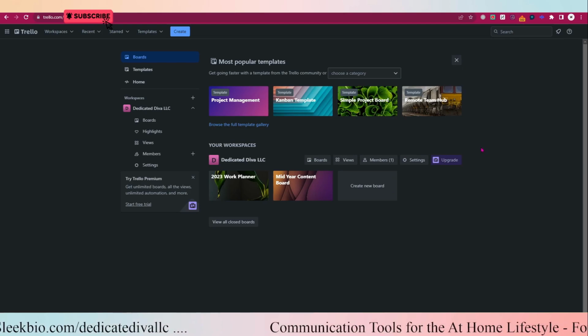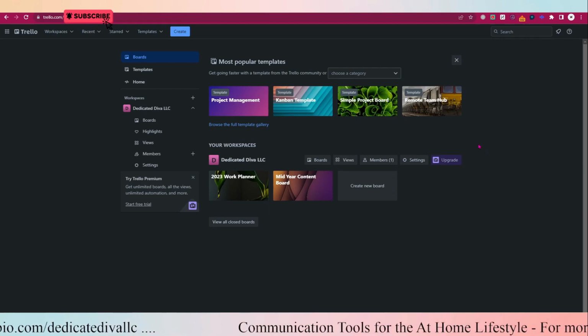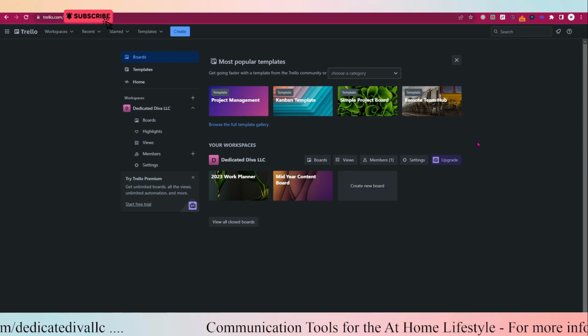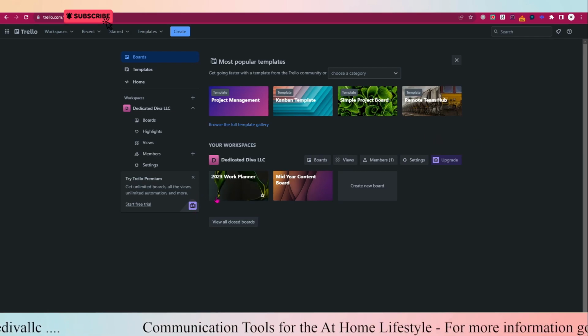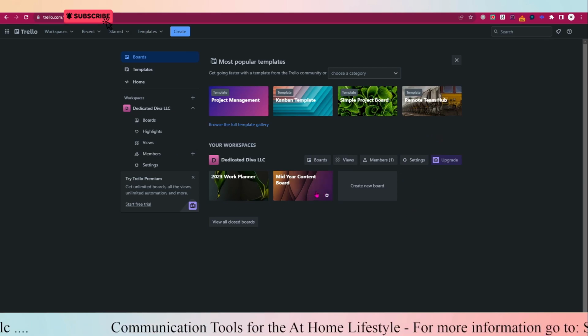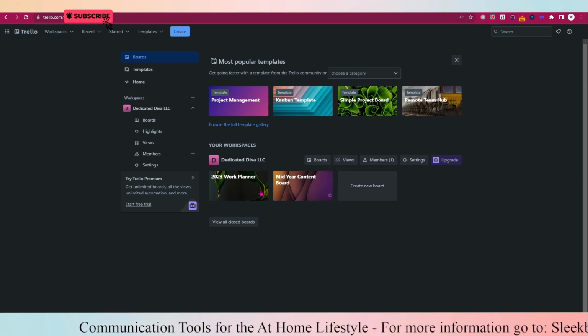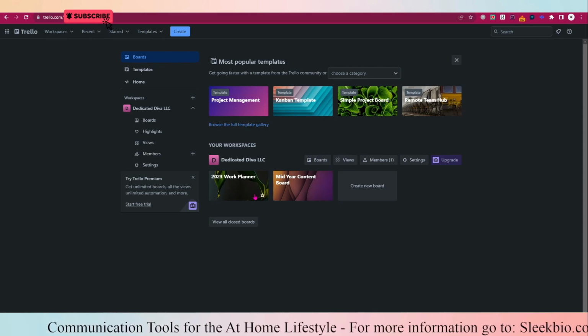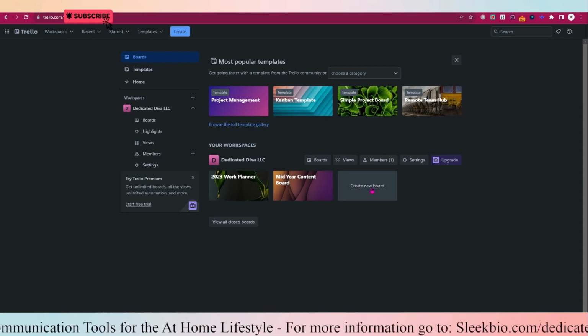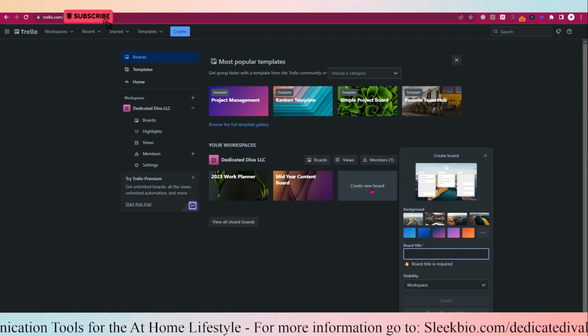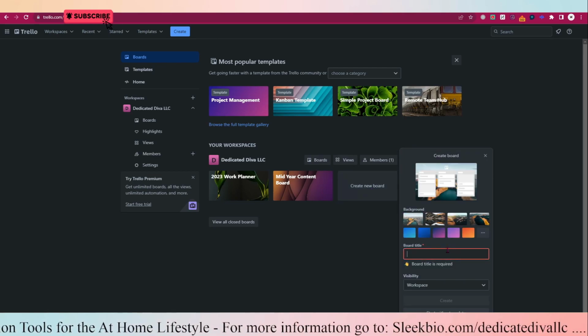And if you guys didn't notice, I stayed quiet, so if it showed any personal information, that could be a cut. But basically what you guys want to do, once you go in, you won't have these boards here. You will have this here, but you won't have this here until you start creating boards. So you click on create new board, board title,